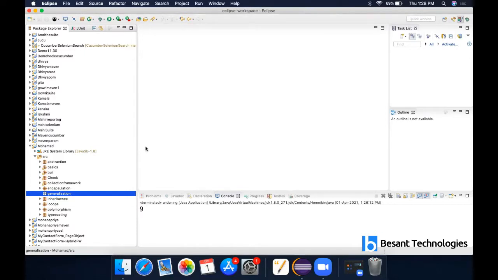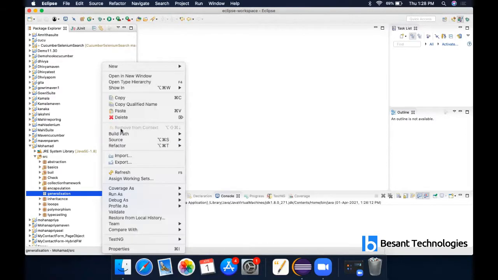Another name for generalization is has a relationship. Inheritance we used to call as is a relationship, and generalization we used to call as has a relationship. Okay. I don't understand. What was that? Name. It's just a name, terminology. Okay. Inheritance concept we have seen, no? The other name for inheritance is a relationship. Name itself is the relationship.